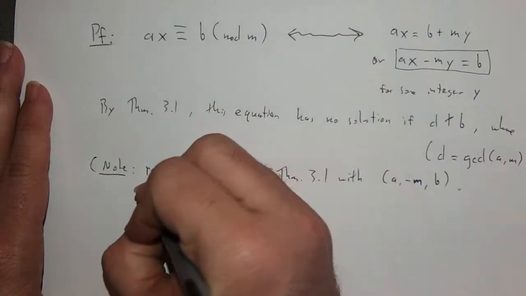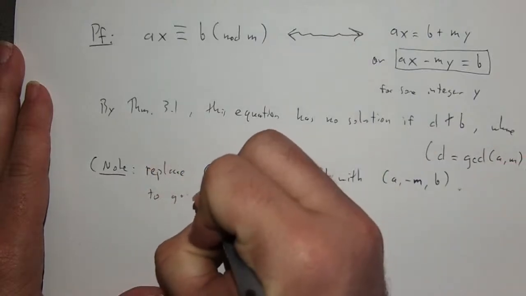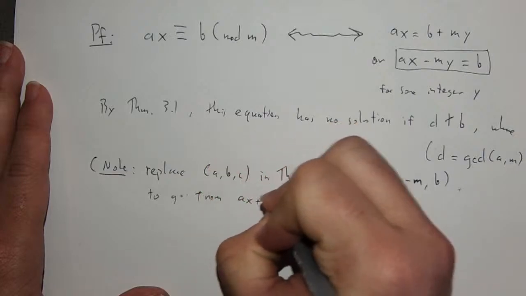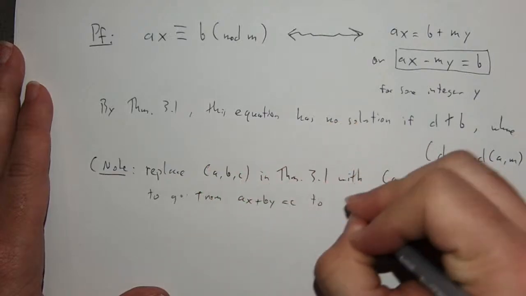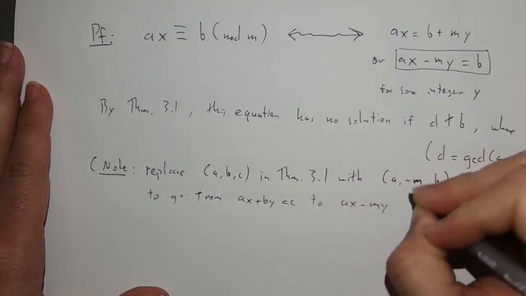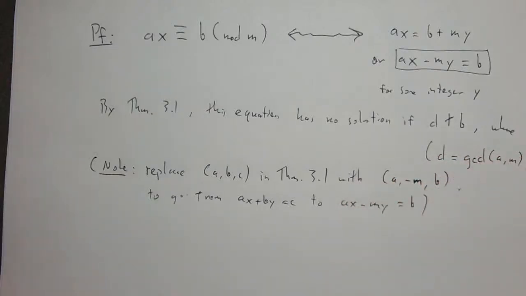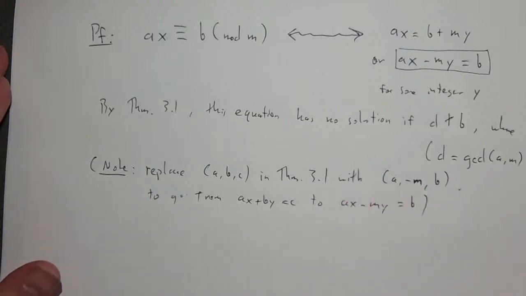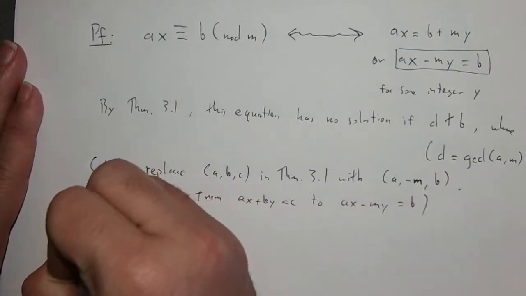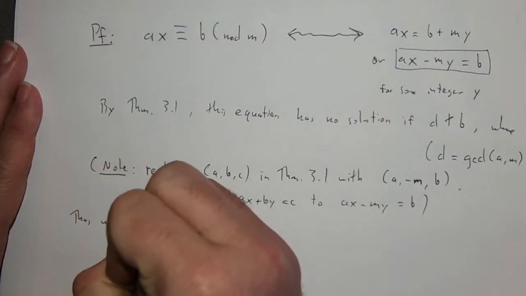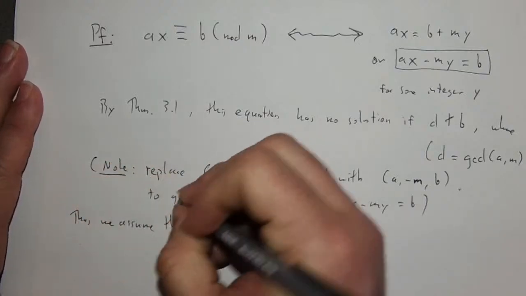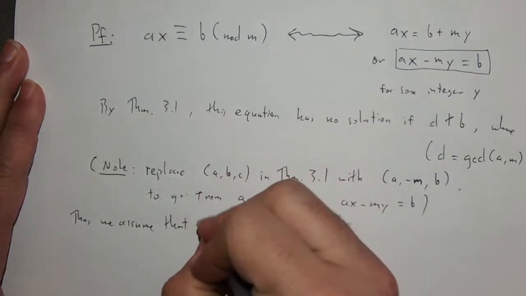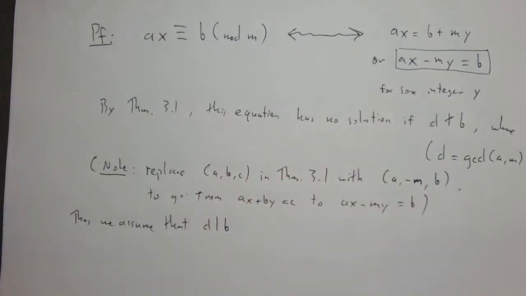So I should say to go from AX plus BY equals C to AX minus MY is equal to B. Now, this has no solution if D doesn't divide B. Thus, we assume that D divides B. Now, if D divides B, then in this case,